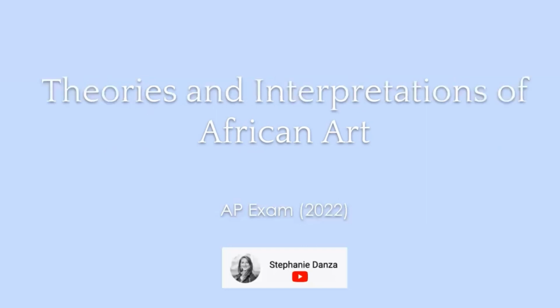Theories and interpretations of African art. As they have been traditionally collected by outsiders, African art objects that are similar in form are often grouped with works that come from the same place and are produced by a designated ethnic group. The name of the artist and the date of creation may not be known or acknowledged, but such gaps in the record do not necessarily reflect a lack of interest on the part of those who commission, use, and protect